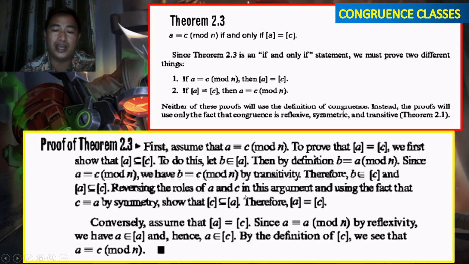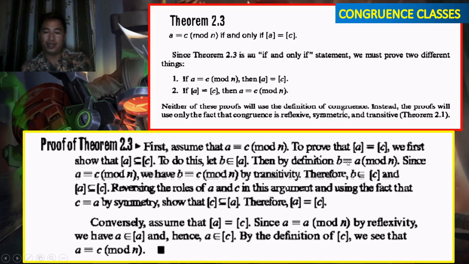Now, reversing the roles of A and C in this argument, and using the fact that C is congruent to A by symmetry, we show that the class of C is a subset of the class of A. So let B be an element of the class of C. Then B is congruent to C mod N. Since C is congruent to A mod N, which holds by the symmetry property,